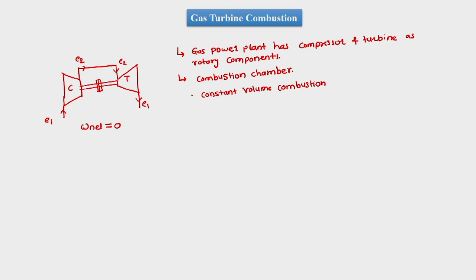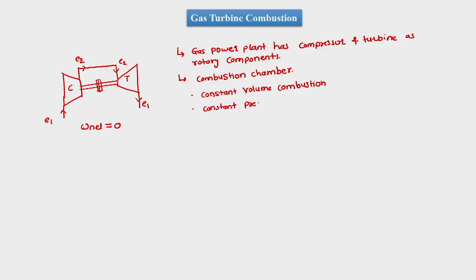But the problem of making such a combustion chamber has limited its development. Although in the initial days of investigation of gas turbine power plants a few engines were developed with constant volume combustion, constant pressure combustion